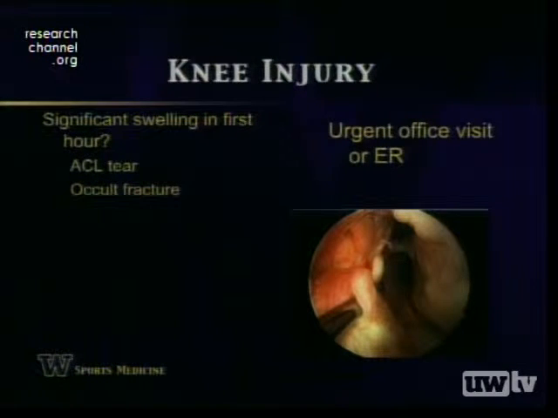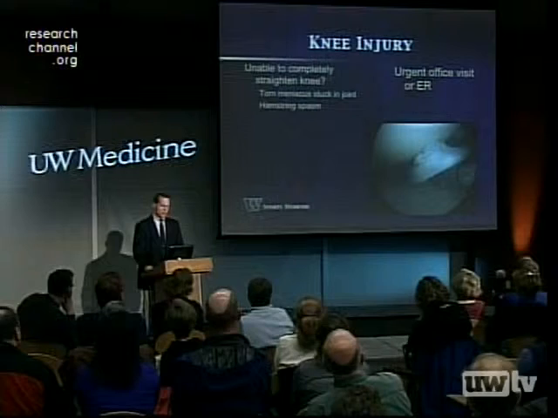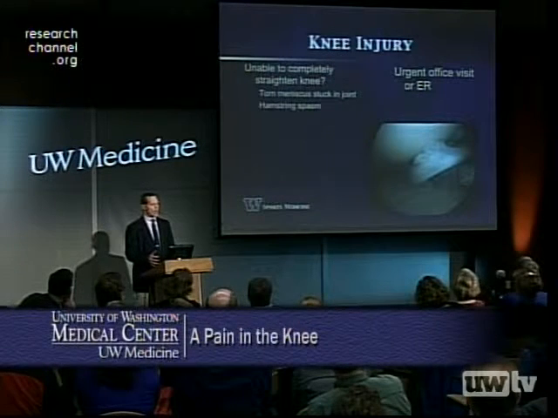And if you can remember back to that picture I showed you of the anterior cruciate ligament arthroscopically, this is another arthroscopic picture, and this is what's left of that ligament. It's supposed to be running right up here. This is an anterior cruciate ligament tear. If you can't straighten your knee out all the way,